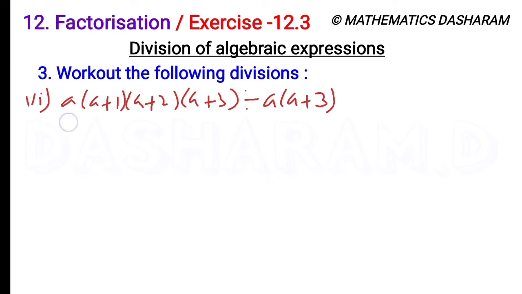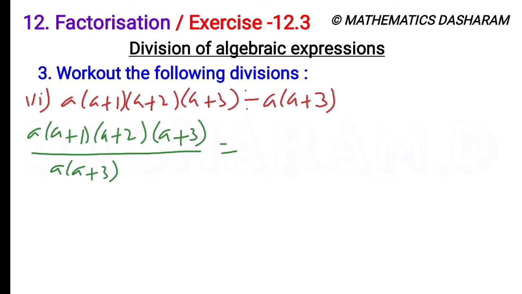Sixth question, a into a plus 1 into a plus 2 into a plus 3 divided by a into a plus 3. So here a and a plus 3 cancel, so the answer is